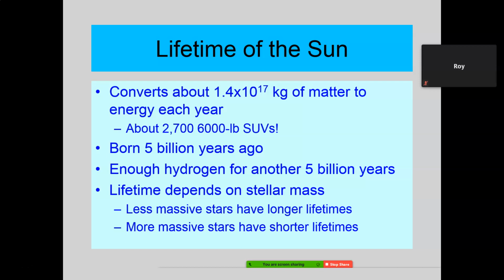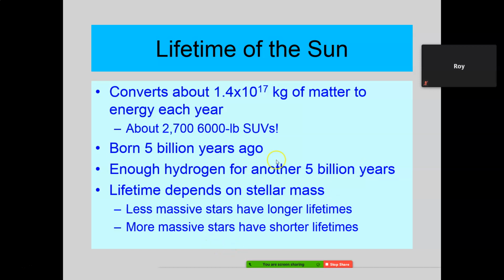Our star, an average sun like us, has a lifetime in the neighborhood of 10 billion years. The less massive stars you measure in trillions of years, not billions of years. The huge, most massive stars are only measured in millions of years. Okay? So our sun, being right in the middle, is going to be about 10 billion years. The bigger stars last only a few million, hundreds of millions of years. The less massive stars can last trillions of years. Okay? So, big differences there.